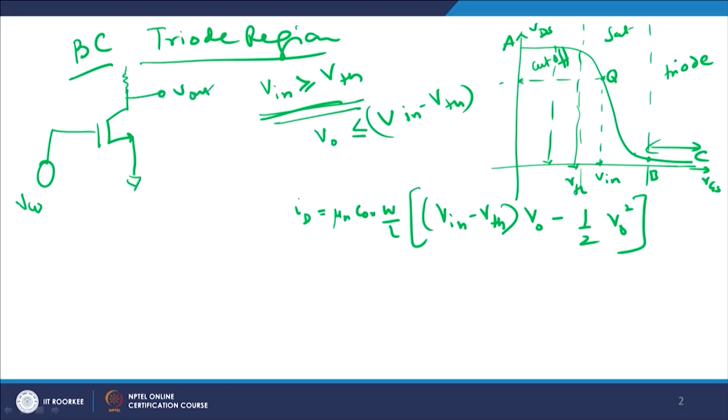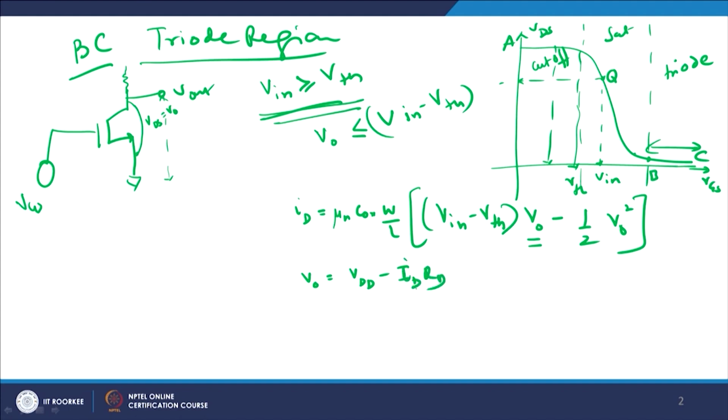So, if you take V out from this to ground, it is exactly the same as drain to source, because source is grounded. So, therefore, VDS is equal to V out, and that is the reason we change from VDS to V0, right, and V0 is the V out which you see from here, where V0 is exactly equal to VDD minus ID